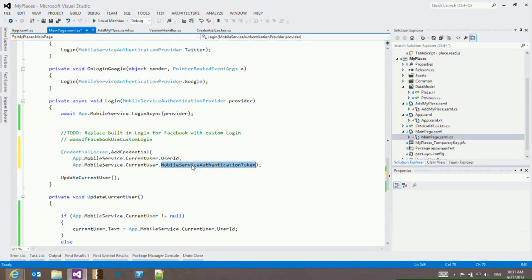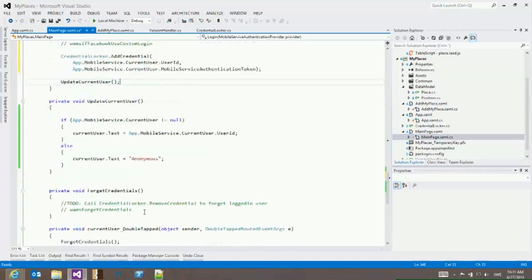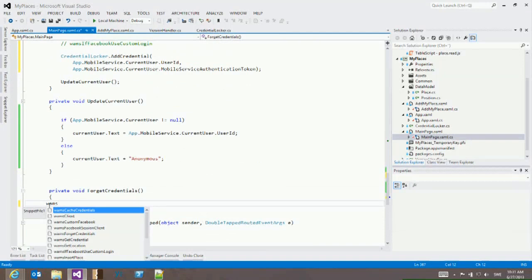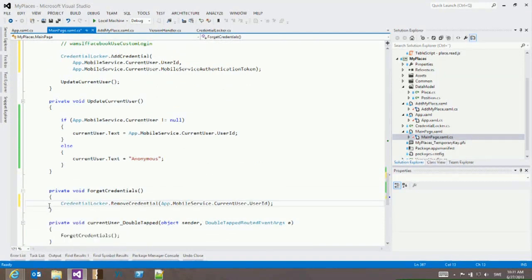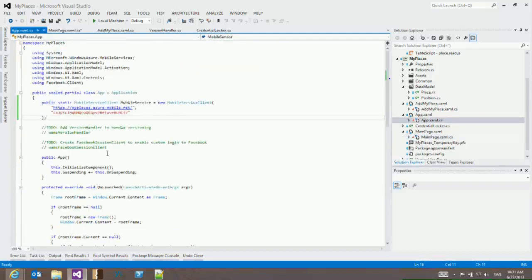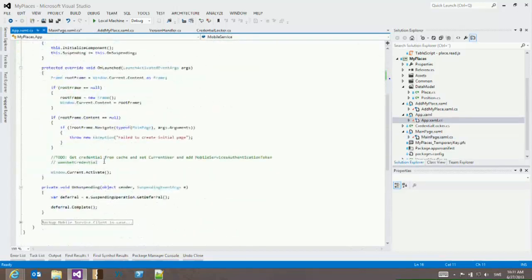So I'm just going to do like that. And then I have also a small snippet to forget my credentials if I need to do that for any reason. So then I need to go to my app.xaml file, and when my application starts,